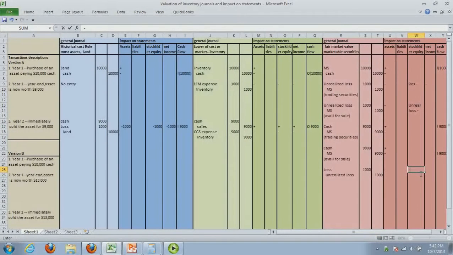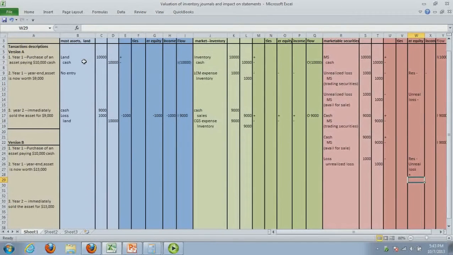This one's kind of crazy. I guess the loss causes retained earnings to go down, and as usual I have to write this first and then the minus. And then the other category, your unrealized loss, we have to cancel that out. So I guess that would actually be, it's increasing that section. So it does require, I guess, an extra step. Okay, so that takes us through